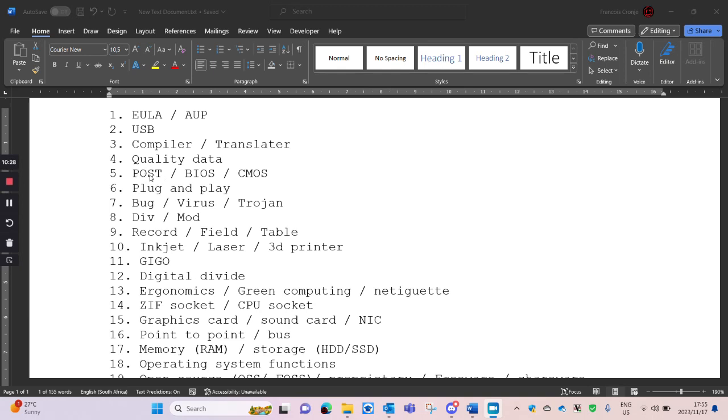Once POST is done, the BIOS locates the operating system and loads it, and then the operating system takes over. So the BIOS is firmware, software on a RAM chip, which starts up as soon as the computer is switched on, does a POST, and then looks for the operating system and loads it.